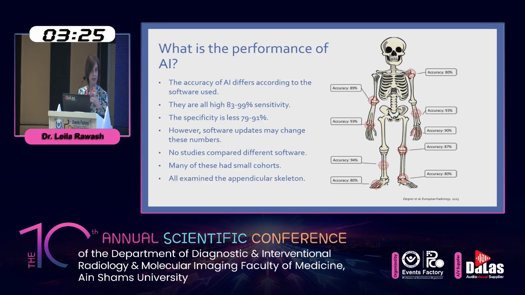However, looking at the research, anybody who does research only does it on a single type of software. They don't compare the different softwares. So for people looking to get AI, which software is better? There need to be studies about that, okay? And many of these studies have a small number of patients, and they only involve the appendicular skeleton, legs and arms,